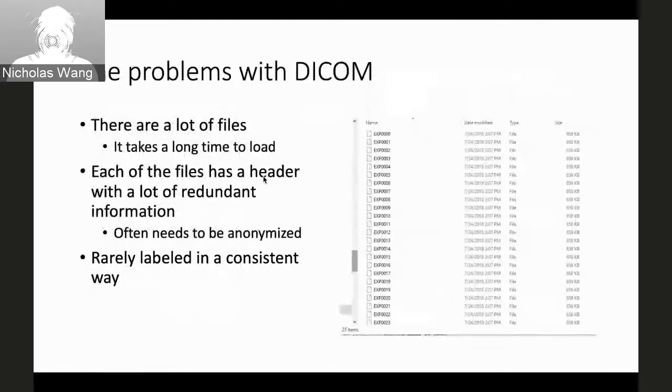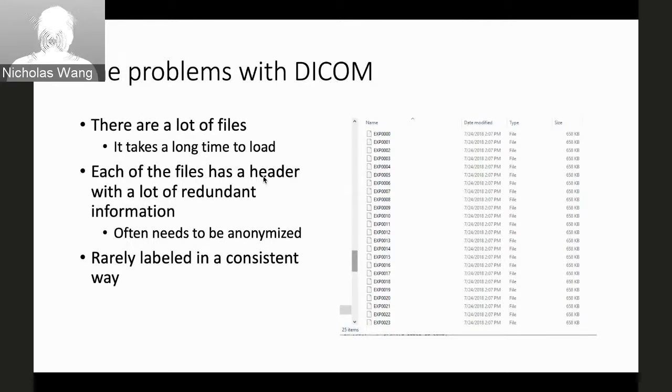This is a real example of some of the DICOM files I look at. This is just 25 for a particular modality, and they've been split out. Each one of these files contains an image and headers that are basically the same across all of the studies. The patient's name doesn't change. The scanner that it's recorded on doesn't change. A lot of these other fields don't change, but the position of each of these files does change, and you need to put them together as a volume because